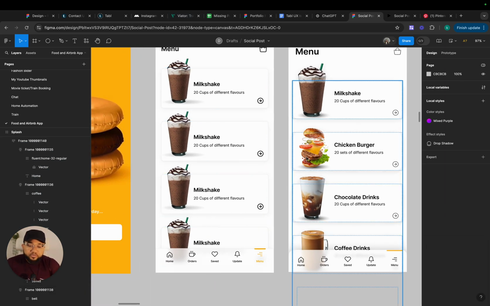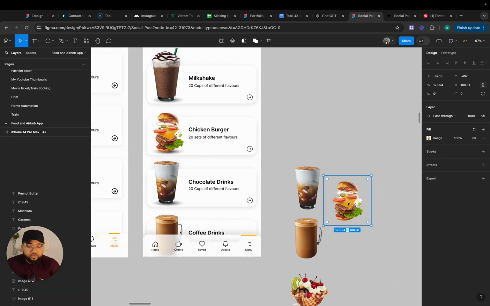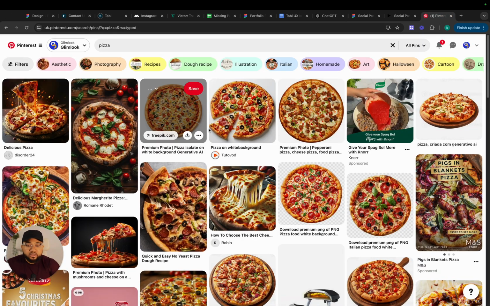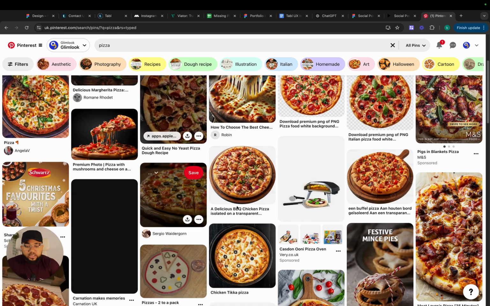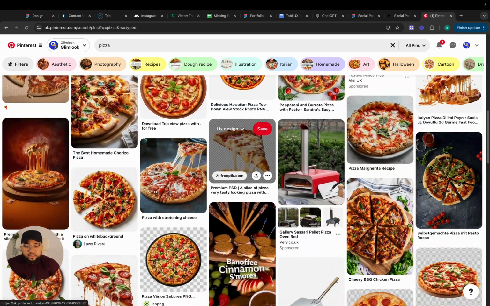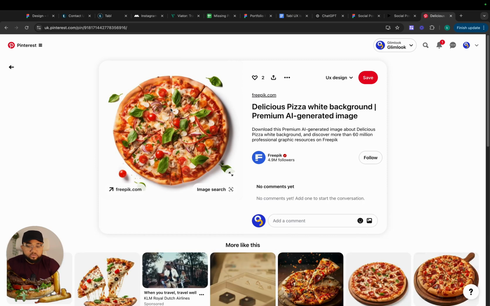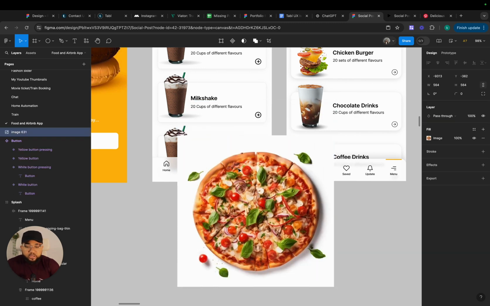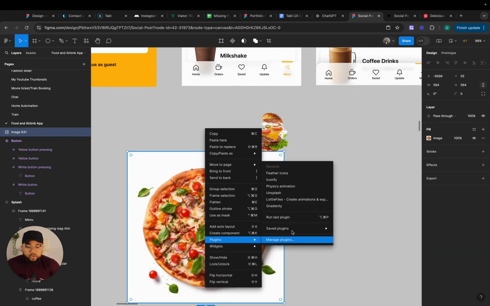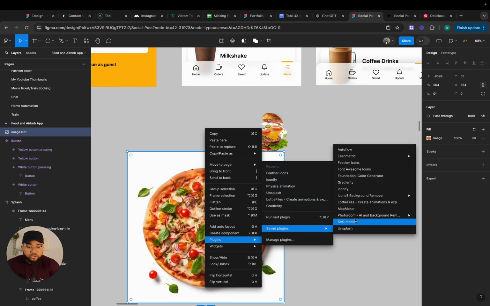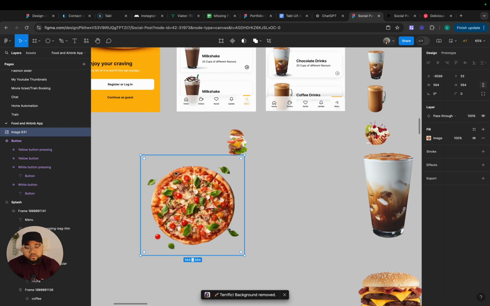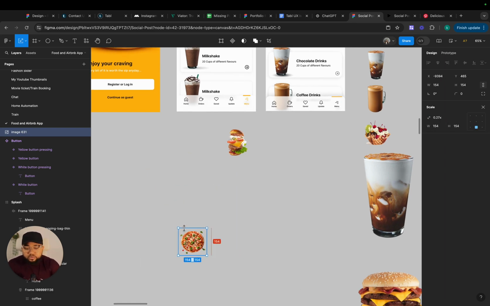And it's time to move things around, to move this guy. So this image was actually gotten from Pinterest, and once you just get it, you can actually type anything and get the result you need. So I'm just going to copy this one and to show you. So once I'm here, I'm just going to paste it here, then use this plugin to remove background. So Save Icon 8 Background Remover, we're going to remove background. So instead of using this, we're going to use this pizza. Right, so now it's time to scale this down,